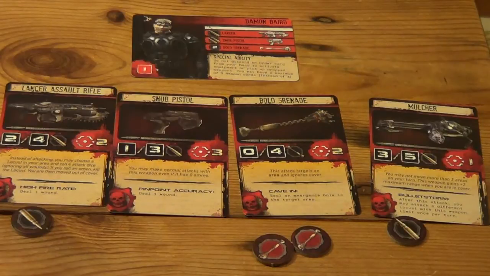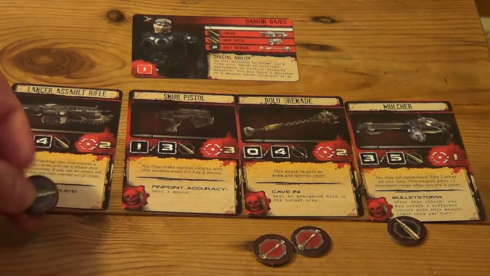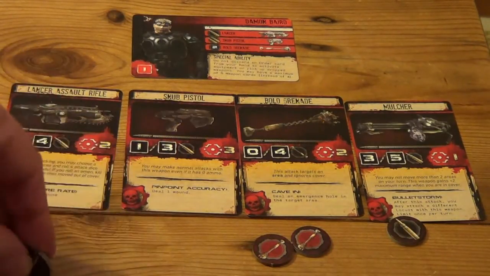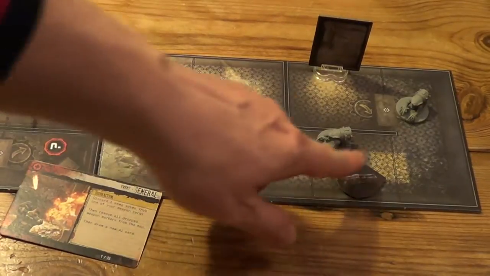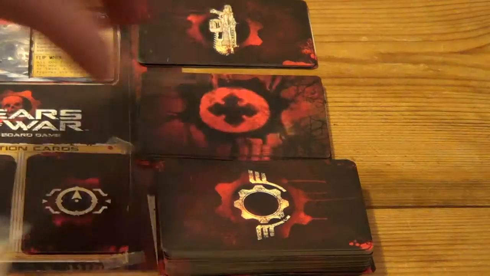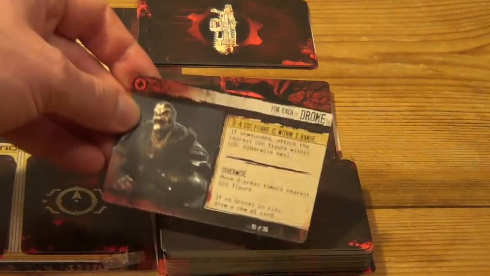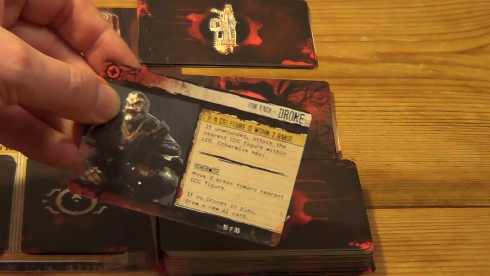The first tough decision is which one of these, the Lancer Assault Rifle or the Mulcher. Well, let's take away this one, I think. Should we? Yeah. And just to make things doubly worse, this has got to go. So this gets discarded. And now we have to draw a new AI card. And it is another drone, and it says if no drone's in play, draw a new AI card. So go again,